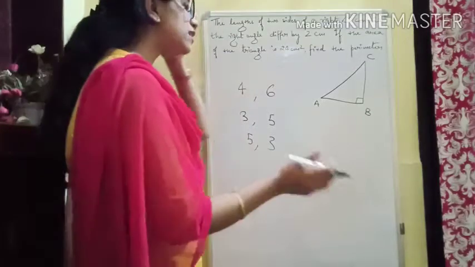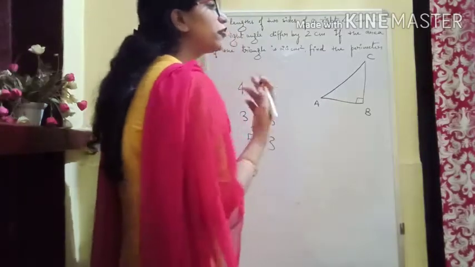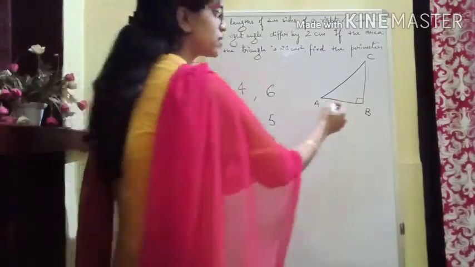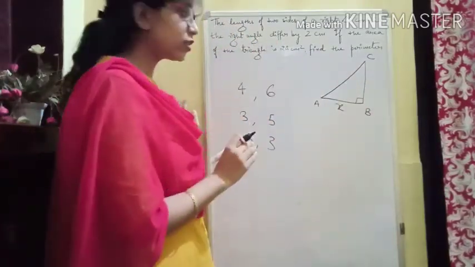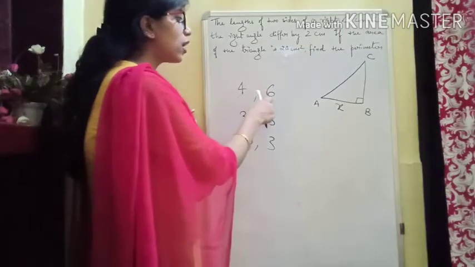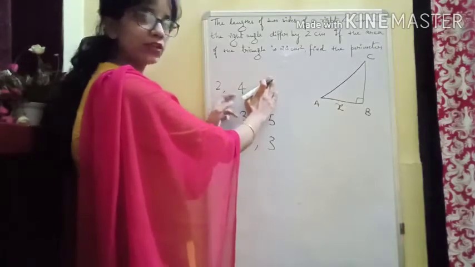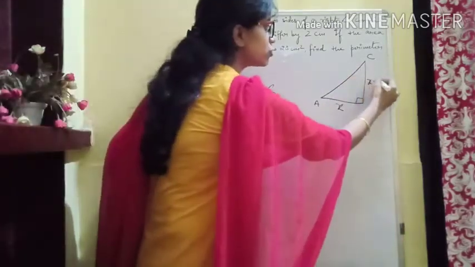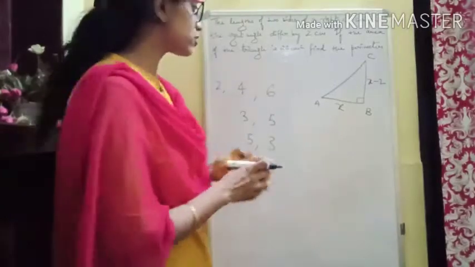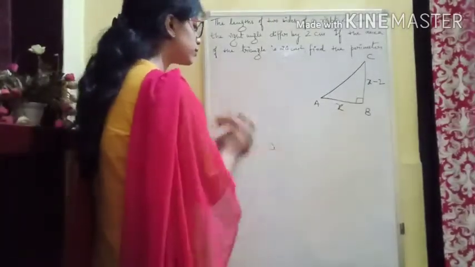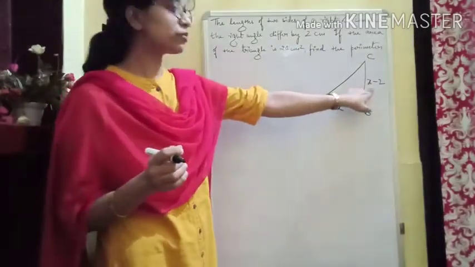Is it correct? So let's say that these two sides which contain the right angle differ by 2. If one is x, the other one could be x plus 2 or it could be x minus 2. Like you can take one side as 4, the other side as 6. You also can take one side 2, so this also differs by 2. So either you take the other side x minus 2, that means the difference of these two will be 2, or you can take x plus 2, there is no problem. The sides will differ by 2. This is your choice. Okay. So now I have taken one side x and the other side x minus 2.